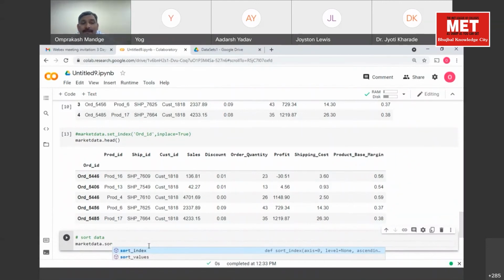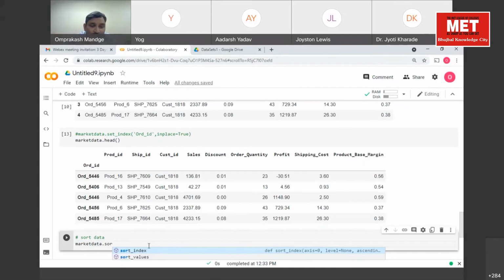Sort index will sort on the basis of index, whereas sort values will sort on the basis of values. Now, what is the index here? Order ID is the index. And what is the value here? Individual column values we can specify for sorting. We can provide a single column or multiple columns.